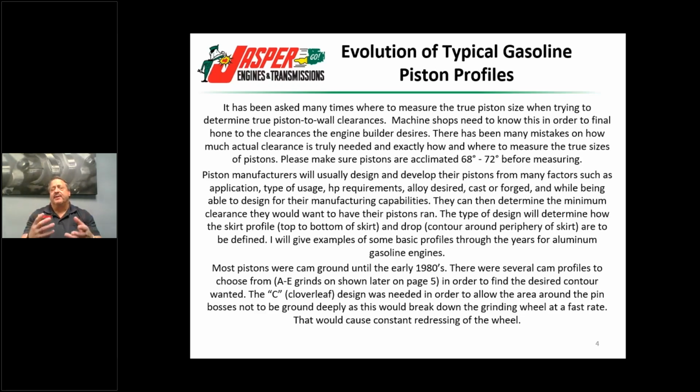So they're already cast in, and the deal is you need to make sure that, because a lot of the aftermarket, they can go ahead and if they want to put another extra thousandth or 2,000ths clearance in that to open up their bore, they better be looking at making sure what their ring gap is going to be. So that's where a lot of performance shops have to have